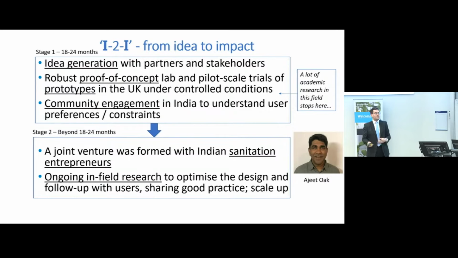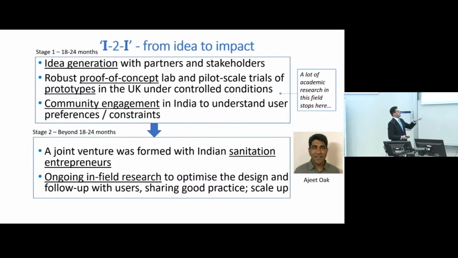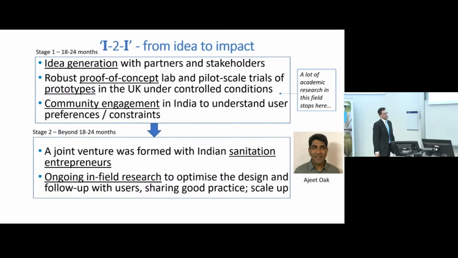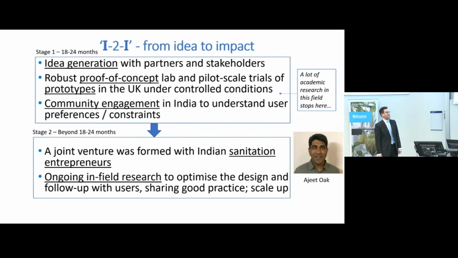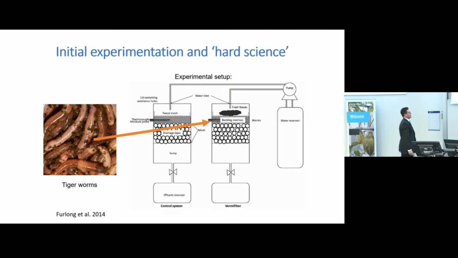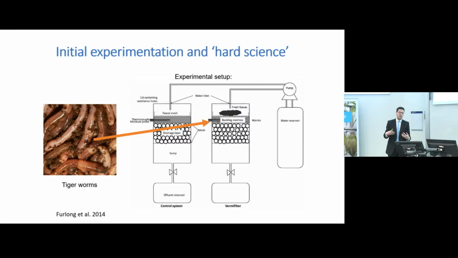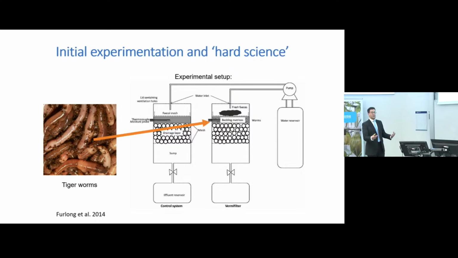So initially, we did some experimentation in hard science, where we had some controlled experiments. These were conducted out in Wales at the Centre for Alternative Technology there. And we had basically comparison toilets, some that had the worms in them and some that didn't. And Claire Furlong led that work. And we were then able to measure, how much are the worms reducing the fill rate? Are they treating the waste? Are they cleaning up the liquid part of the waste? And what other benefits are they having in the toilet?